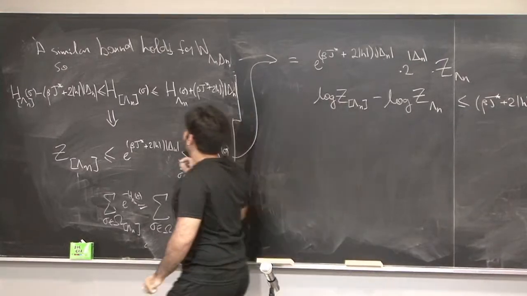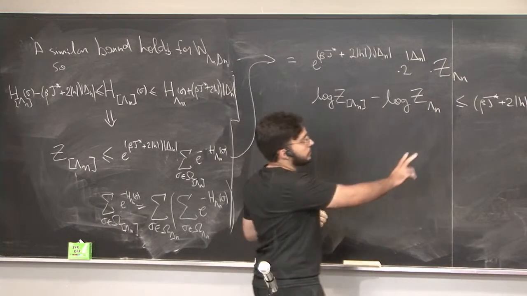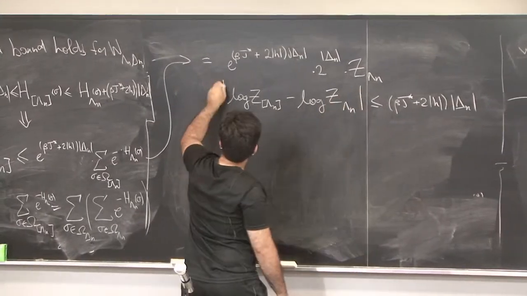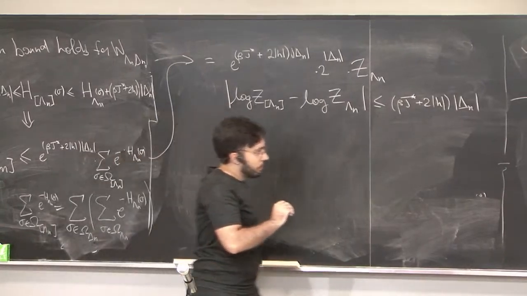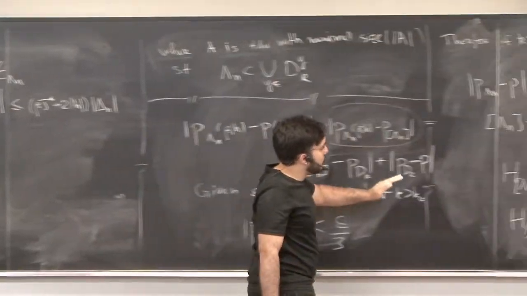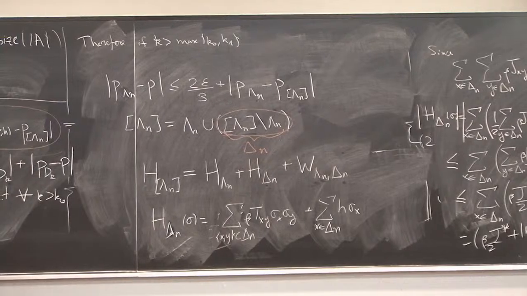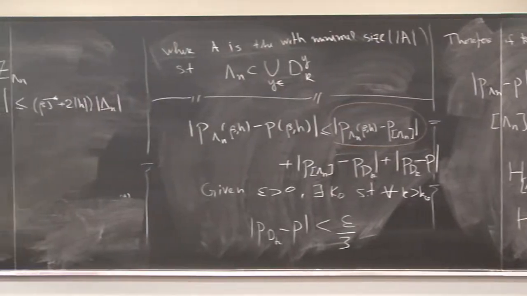And since I can do a similar bound to the other side, but changing the sign right here, this gives me actually this inequality. But you see, this is not what we need, because we need to control this term right here. So to control that term, to finish the proposition,